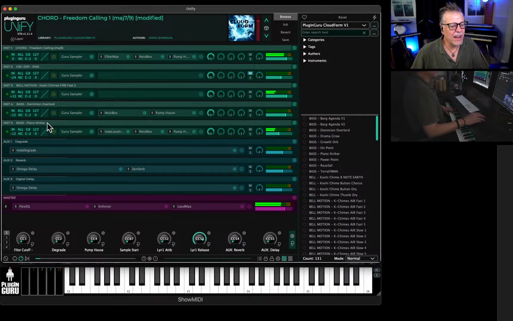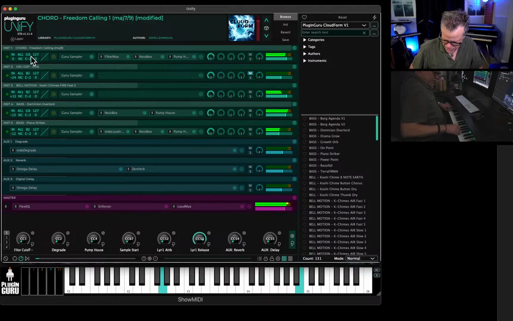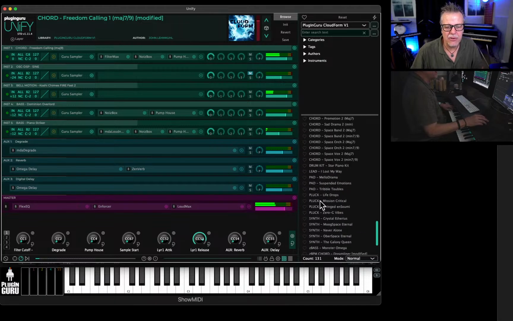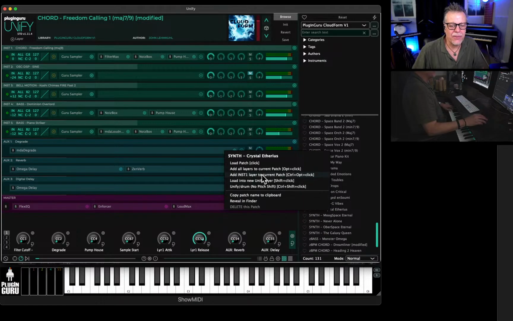And something like Dominion Overlord actually works really cool as a lead sound. So if we had this be like a split, and let's put a synth sound on it, because there's all these really cool synths that I made using granular techniques and all sorts of stuff. So we could go to a synth like Crystal Ethereus and